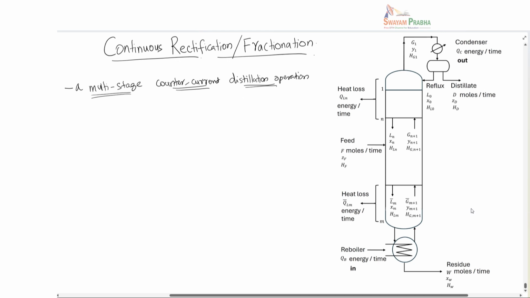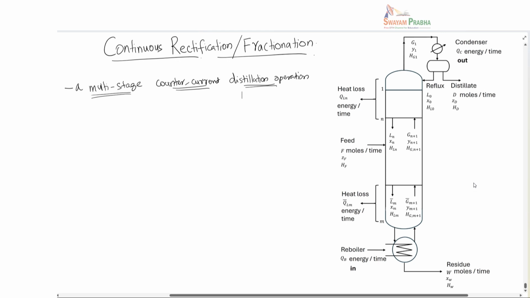Okay, it's something like a sieve tray column, or it could be a bubble tray column. Its only job is to provide enough interfacial area between the two phases, vapor and liquid. Okay, the tower that you see here can be a sieve tray or it can be a bubble tray, and it allows good contact between